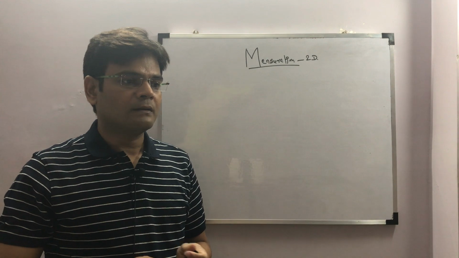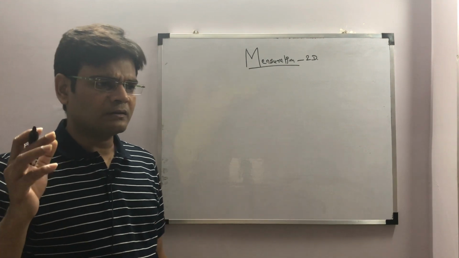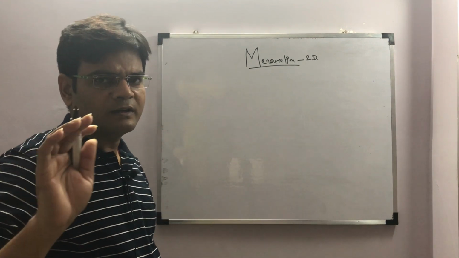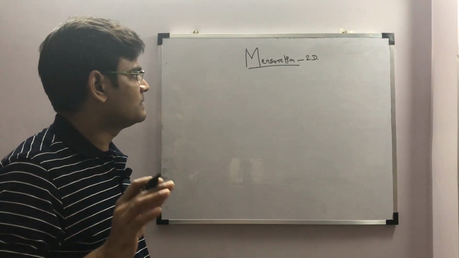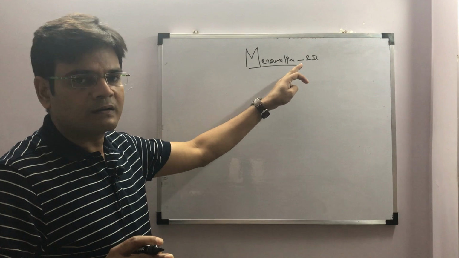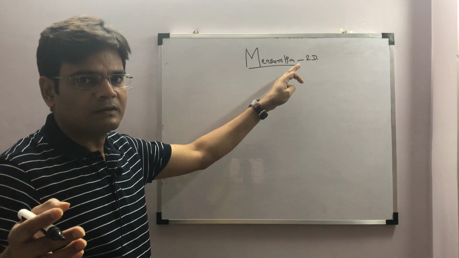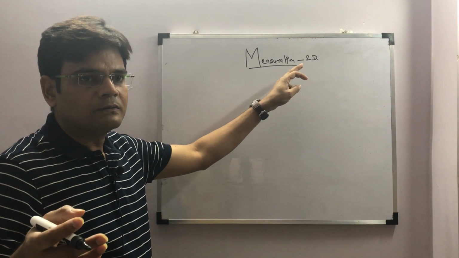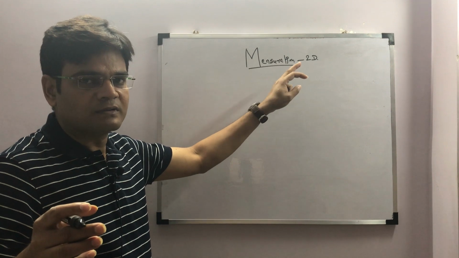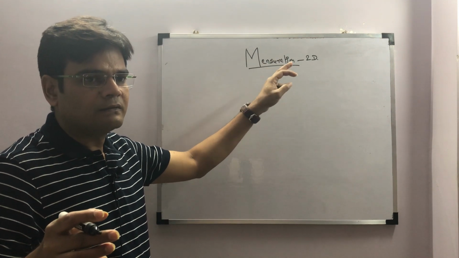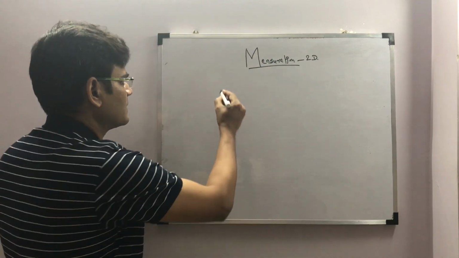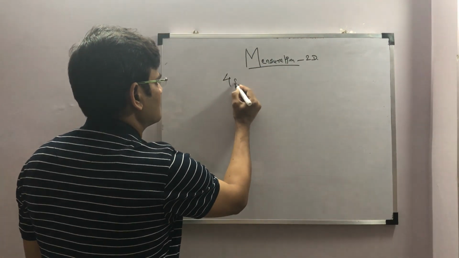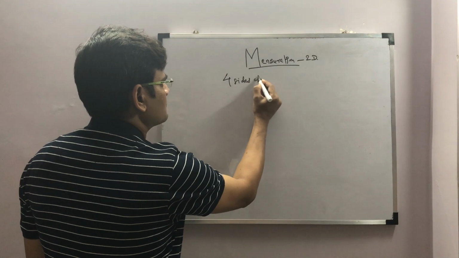So what are the shapes? I covered triangles in a prior video. You can refer to that. Today we will not cover triangles because it's already covered. I'll cover quadrilaterals, four-sided. Four-sided closed figure